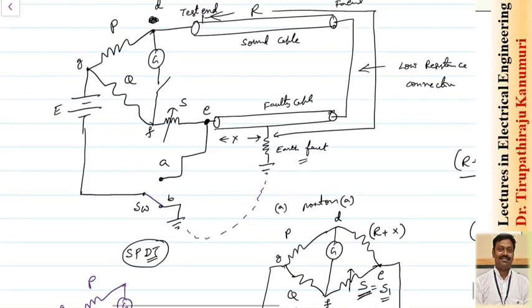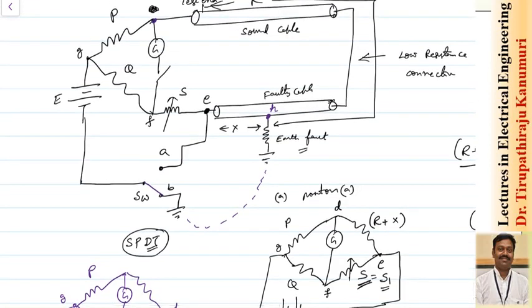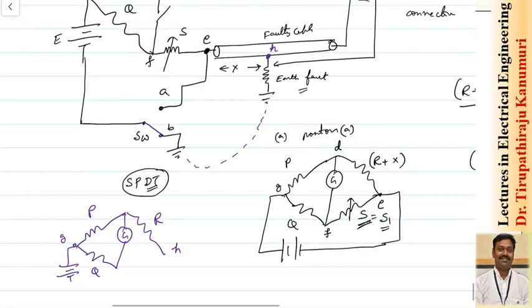Now coming from G, you can see that from point D it is connected up to this point only, because it is closing through the circuit. Let us take this point as H. Whatever is connected up to H will be connected in this. The resistance that is connected up to H will be R only. Now from H onwards, the remaining part, this entire part will be connected to this bridge.